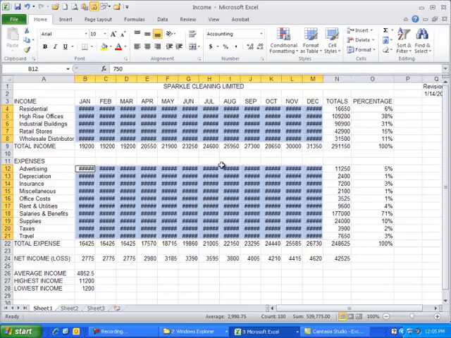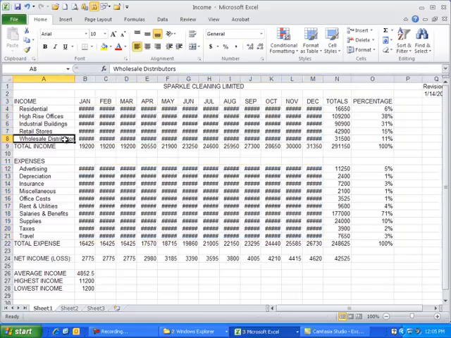So when you see pound signs, that does not mean an error message. It just means you need to widen up the columns. As a matter of fact, we also need to widen up column A because wholesale distributors is not being shown in this column A. So when I would land up printing, I wouldn't see the entire heading. So let's talk about how to widen up columns here before we go any further with any of the other